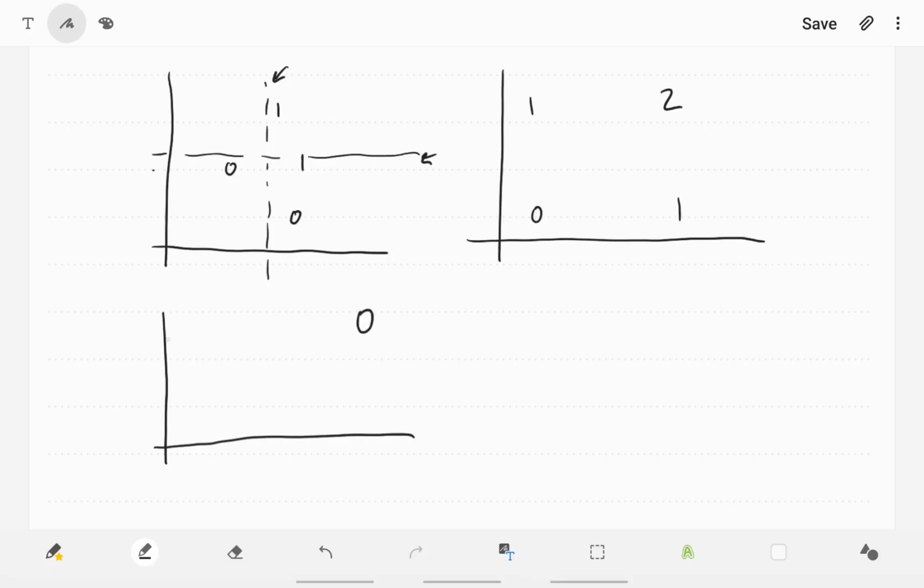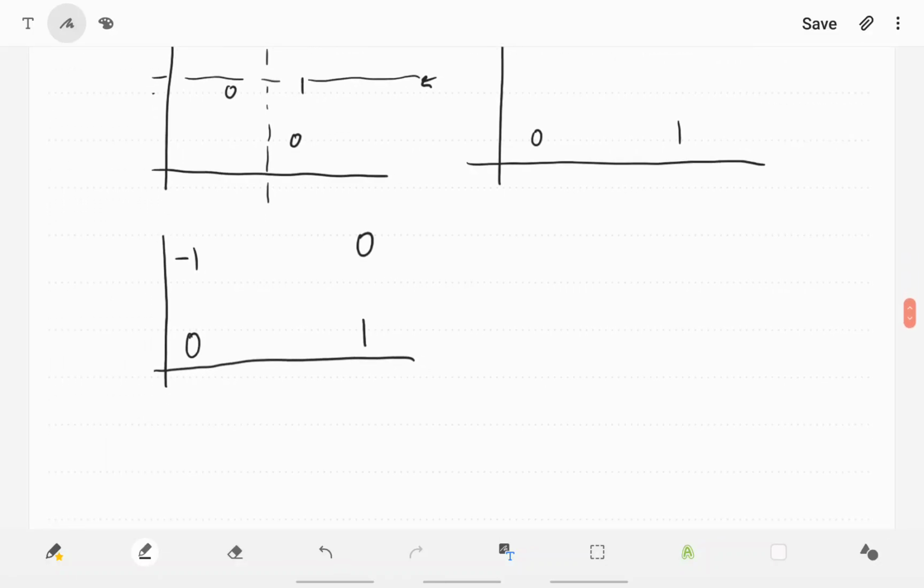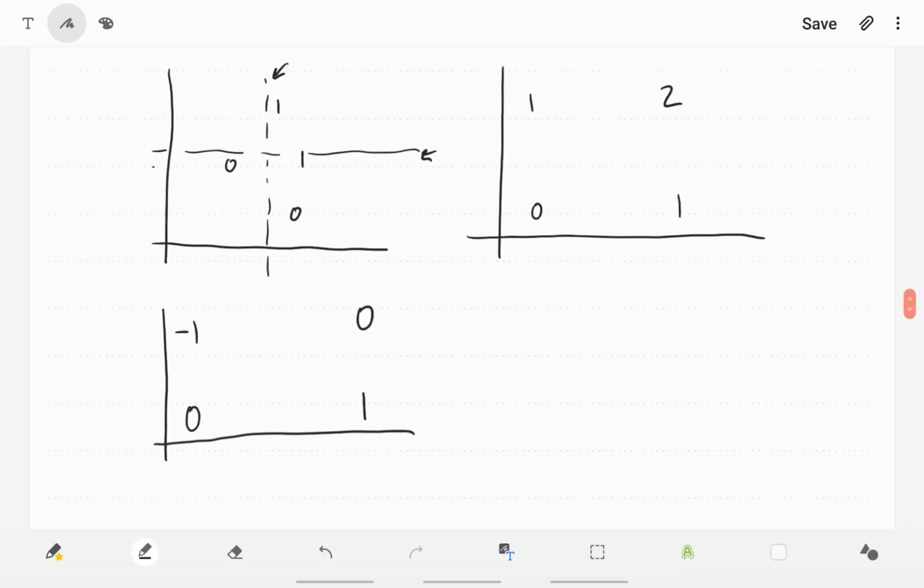But then you would get 0 minus 1 is minus 1 here, a 1 here, and a 0 here, because 0 minus 0 is 0. And that also wouldn't learn XOR. Actually, you can just exhaust all possibilities, or you could prove it more rigorously, but XOR cannot be learned